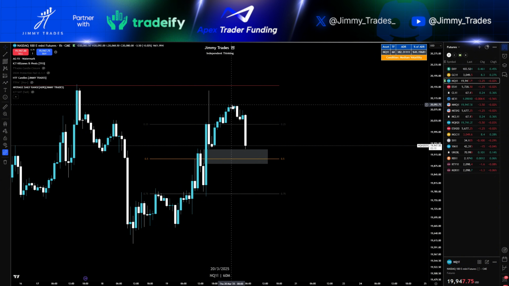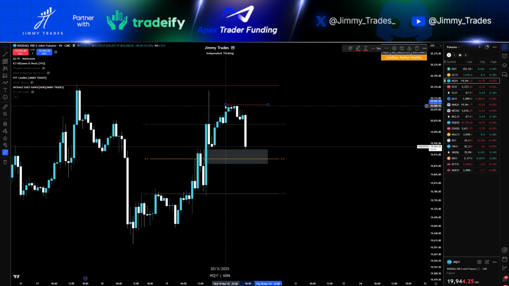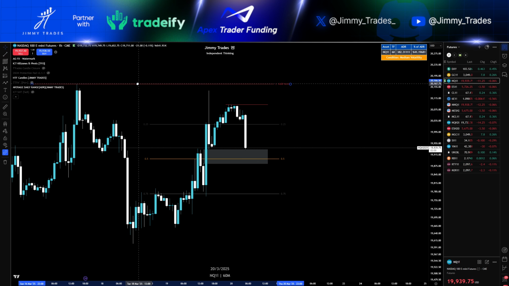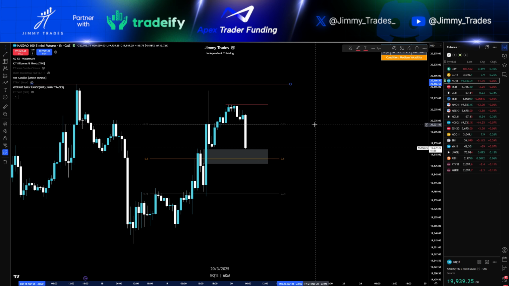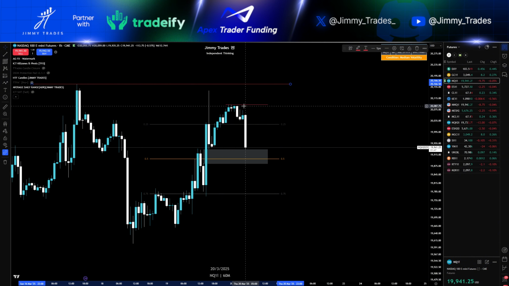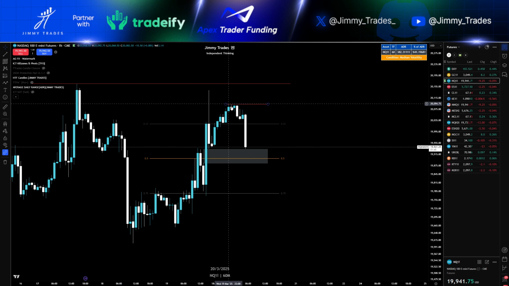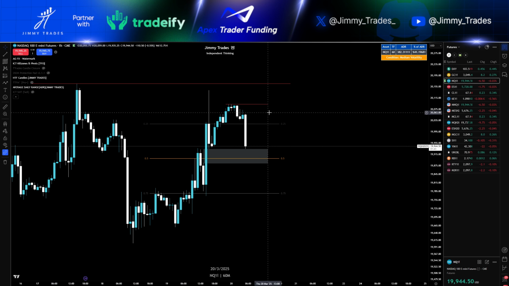These equal highs here, that's the Asia session high. That will act or could act as a draw of liquidity. So as we come into New York Open, if we get a period of consolidation, look for that manipulation lower before we seek higher prices. That would be my ideal move for today.